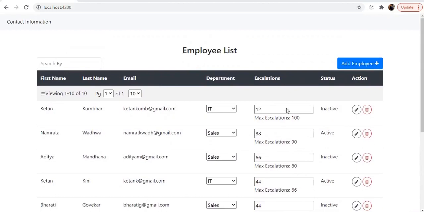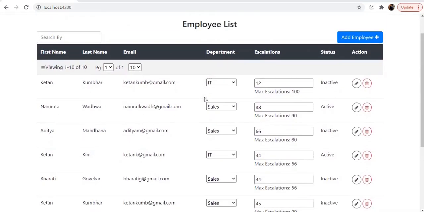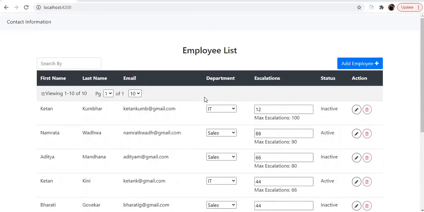The creation of a form array and the form groups and how this whole thing is mapped is covered in a separate video, which I'll be linking in the description, or I can put it in an eye icon which will appear now. So, having known the background, now let's move to the coding.